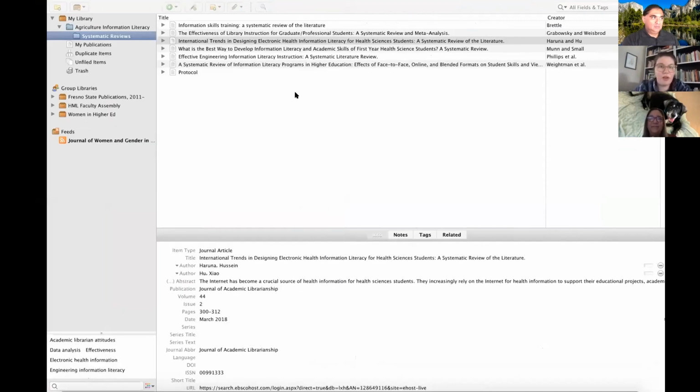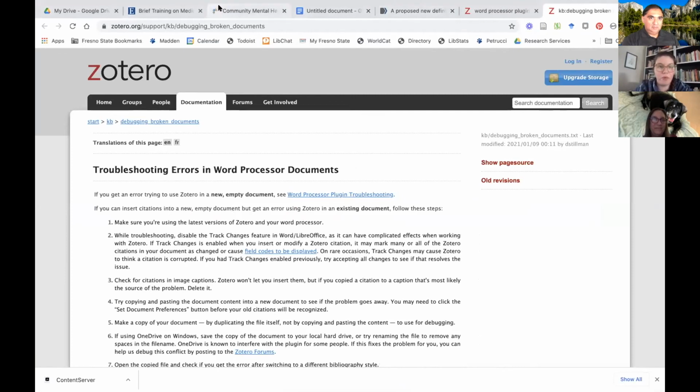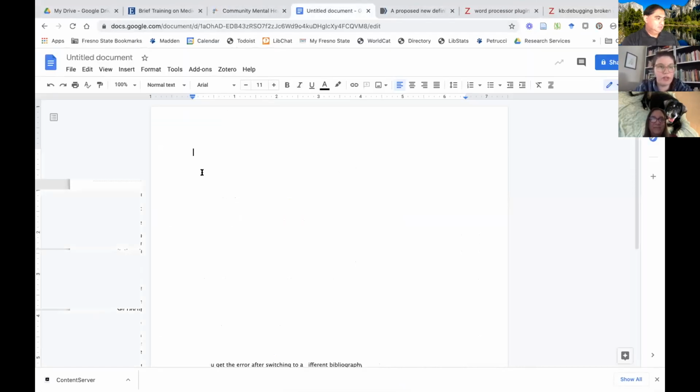Okay, let's take a quick look at Google Docs, because more and more students have shared with us that they are using Google Docs, especially because it helps for being able to share their thesis with their advisors while they're writing collaboratively, or if they're doing a group project or a group paper. One of the things about Zotero that's really nice is it integrates with Google Docs. Once you've installed Zotero and the connector, you should also see the Zotero add-on here on your ribbon for Google Docs. And it works basically the same way as it does in Word,